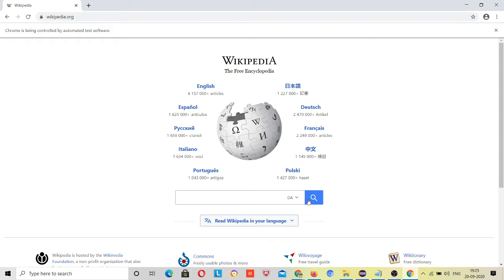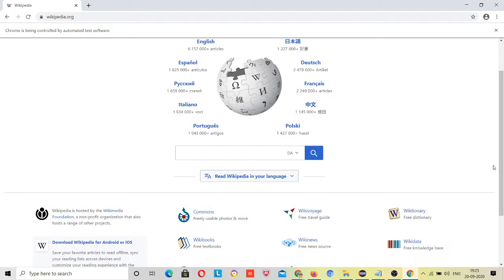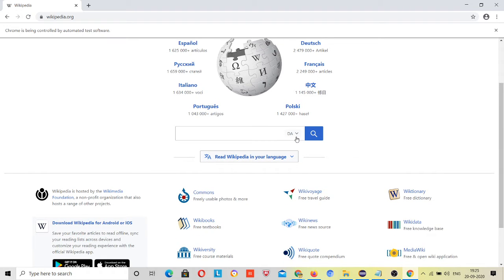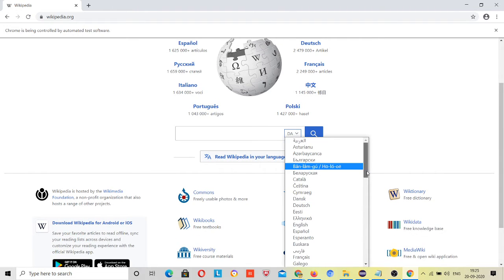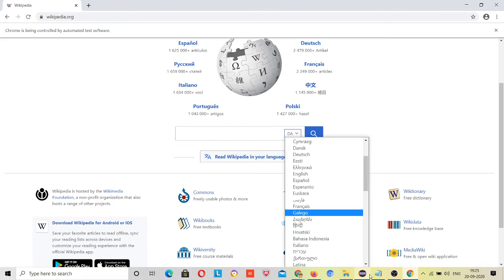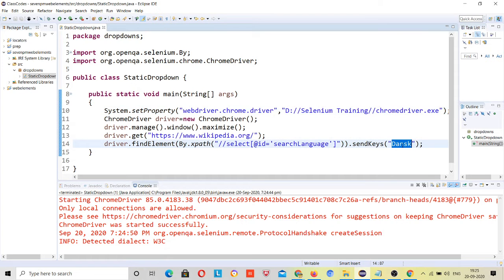But suppose what is the problem with this send keys. Suppose I want to select this ESPERANTO, right? Now run it.